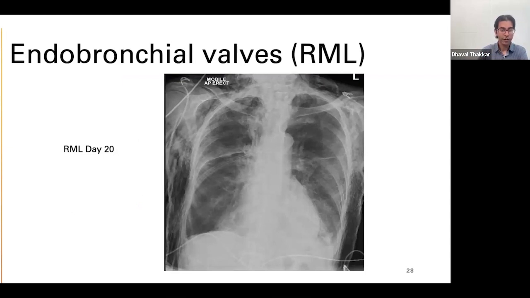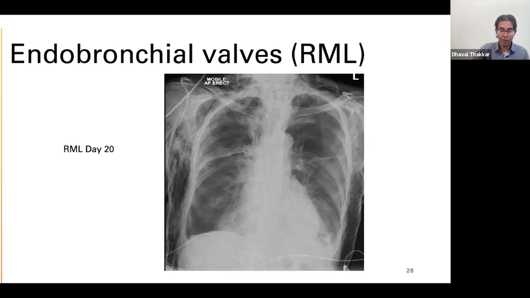And so we ended up going in and blocking off the right middle lobe as well. And again, during the procedure, as soon as we put the patient under anesthesia, the leak improved. We tried to use larger volumes and PEEP to augment that, and still no real luck. So we now blocked off his right upper and right middle lobes, effectively, really just his right lower lobe